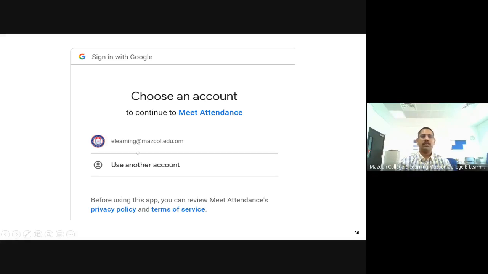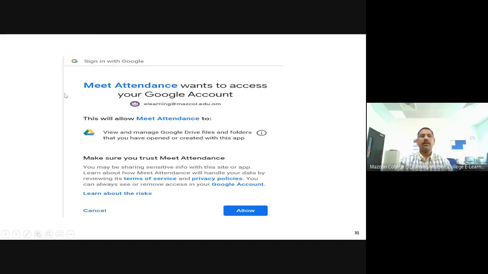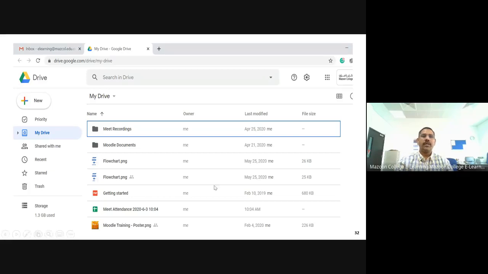You give the assurance, and then it will ask for permission. Just press allow, then your meeting attendance will be recorded, and the recording will start immediately.